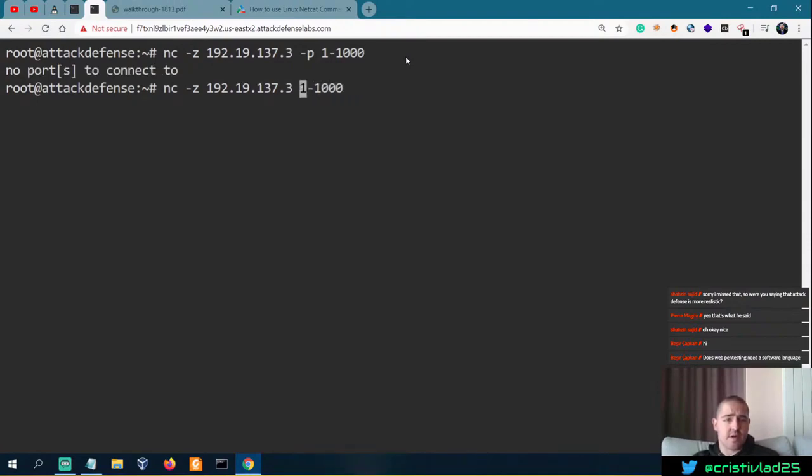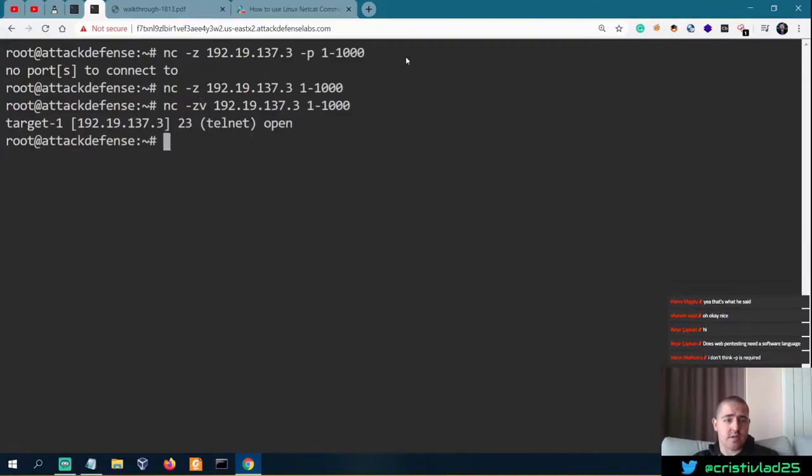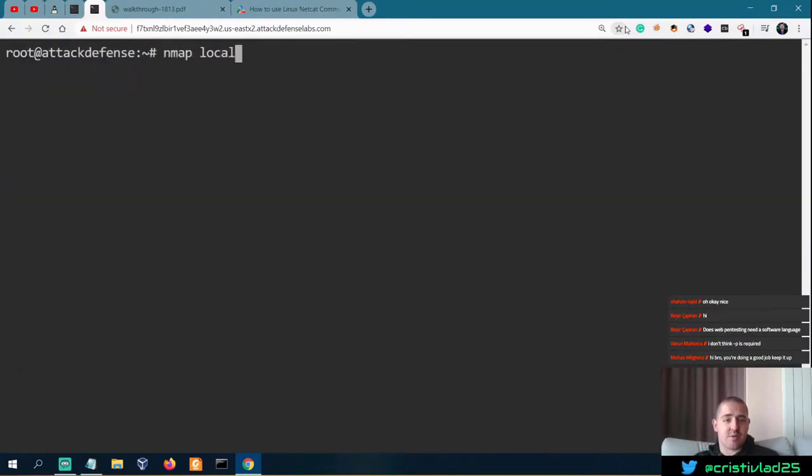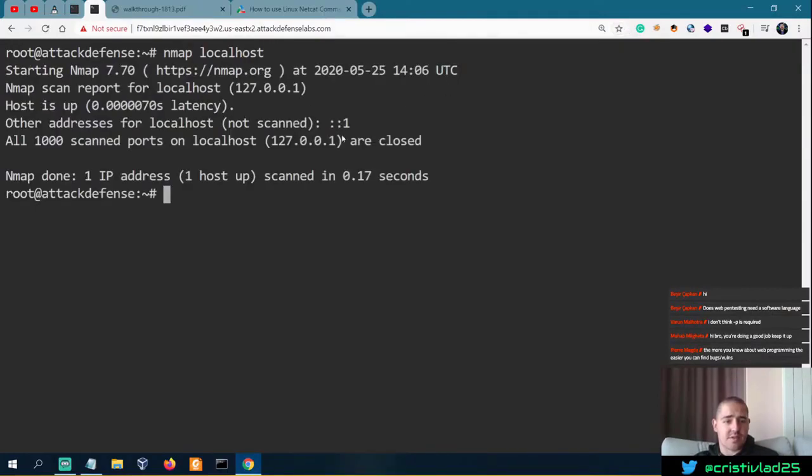What if we don't specify and we just do that? We need to have the verbosity as well, -z -v, and it already completed the scan. What if we do localhost? Nothing is open. Do we have Nmap installed to double check that? Let's see Nmap. We do have. So if we do an Nmap localhost, there's nothing. If we do Nmap on this one to double check,